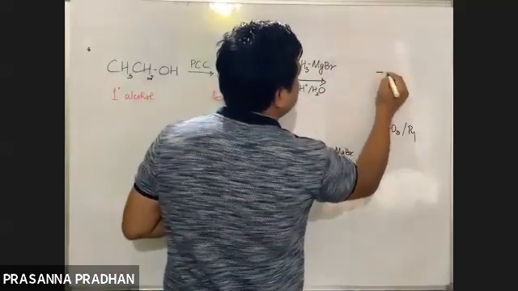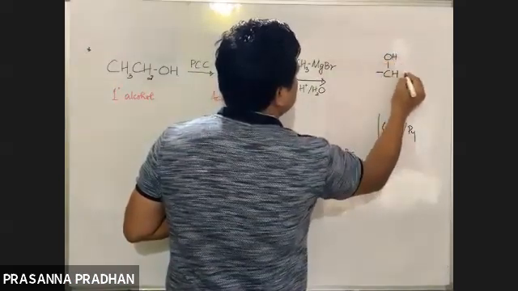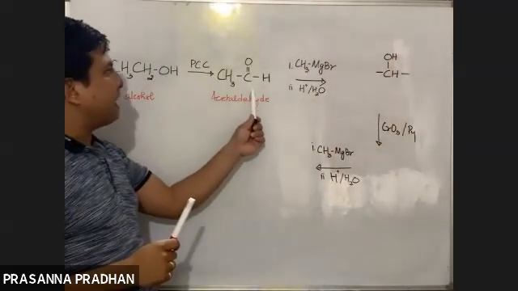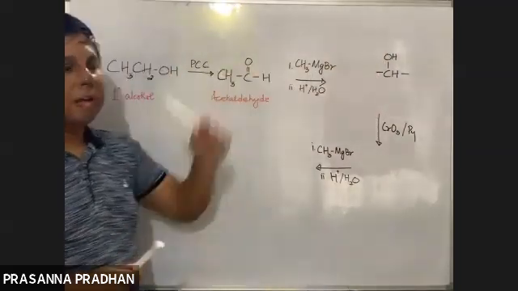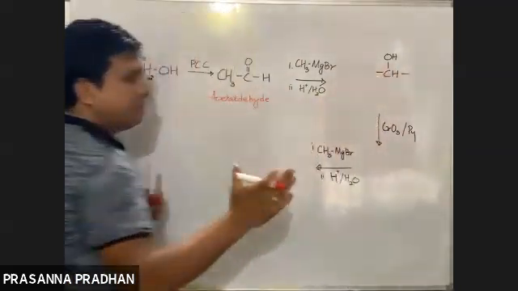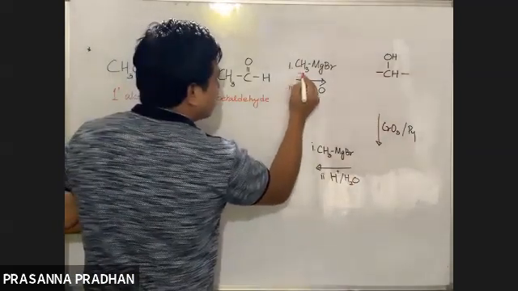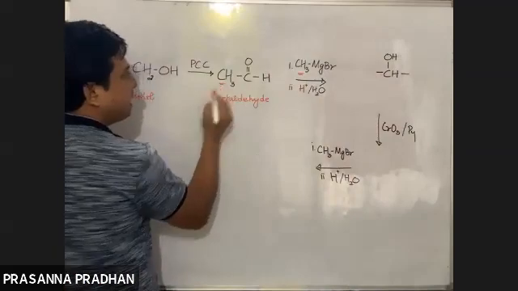How am I going to write? CHOH. I'm going to write it in this way. Yes, I taught you in this way. As soon as I see an aldehyde reacting with the Grignard reagent, I get a 2 degree alcohol. Now, where do the 2 alkyl groups come from? What had I said in the earlier class? One alkyl group comes from your Grignard reagent and the other alkyl group comes from your aldehyde.